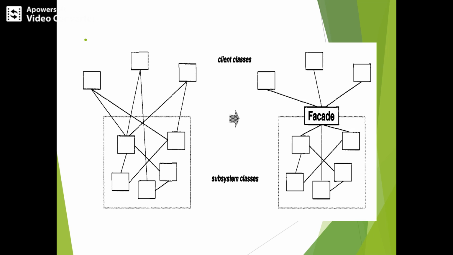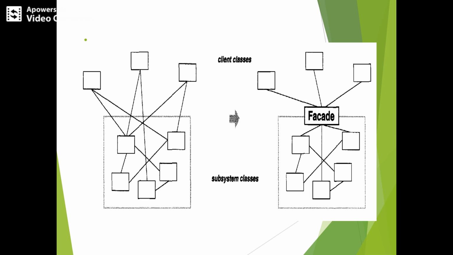They go to the common point here, so the subsystems communicate with each other inside, and the communication and dependency between each subsystem is minimized. That is the added advantage of this facade